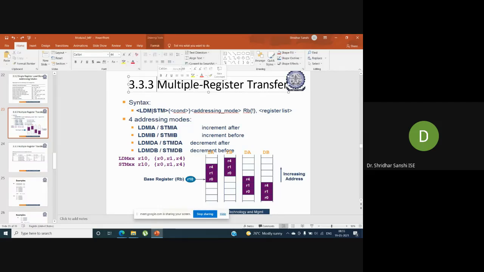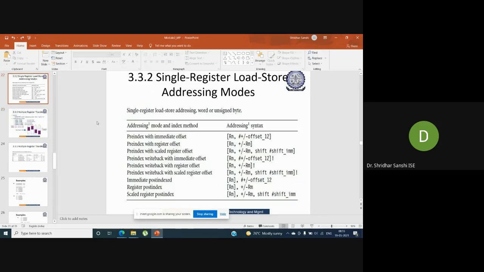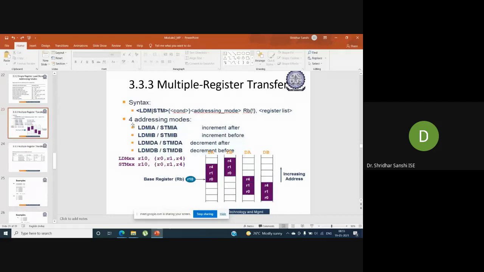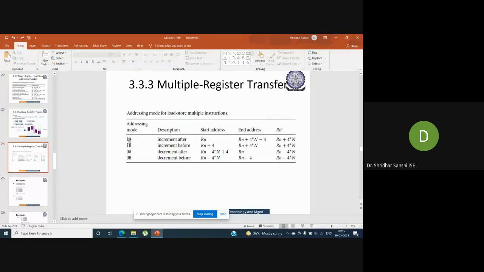For the load and store multiple register transfer, we have 4 addressing modes. In the previous single register transfer, we had 3 addressing modes. Here we have 4: IA, IB, DA, and DB. So what do they mean? First, IA means increment after.